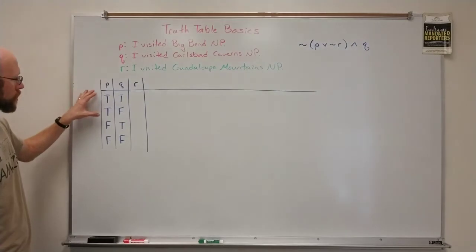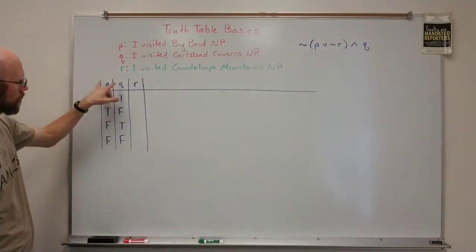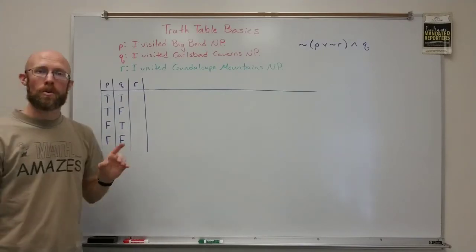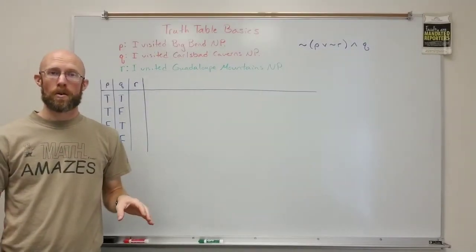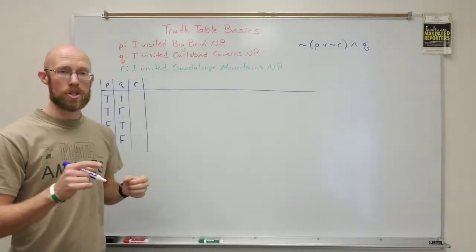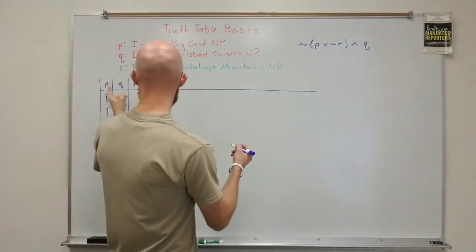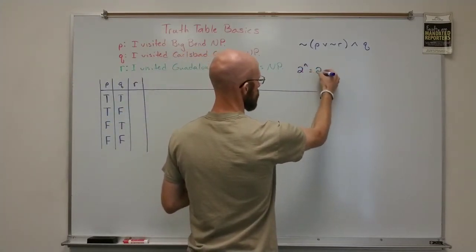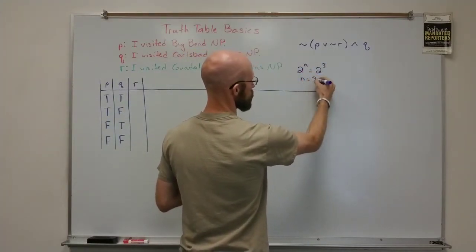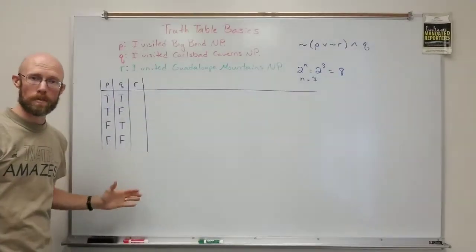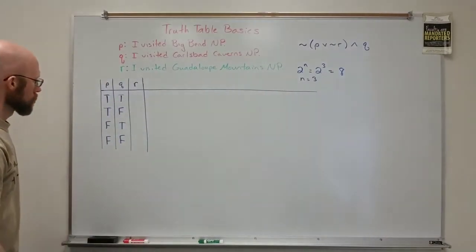But there's another thing to consider here. When I build the truth table with two simple statements, I've got 4 rows. Remember, the number of rows, or the number of options that you can have, the different combinations, is always 2 to the n, where n is the number of simple statements. So 2 to the n in this case is 2 to the third, because n equals 3, and 2 to the third is 8. So I need to double my number of rows. So to do that,